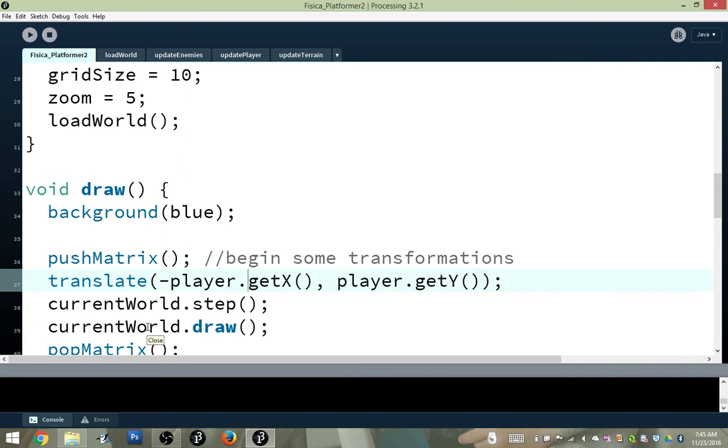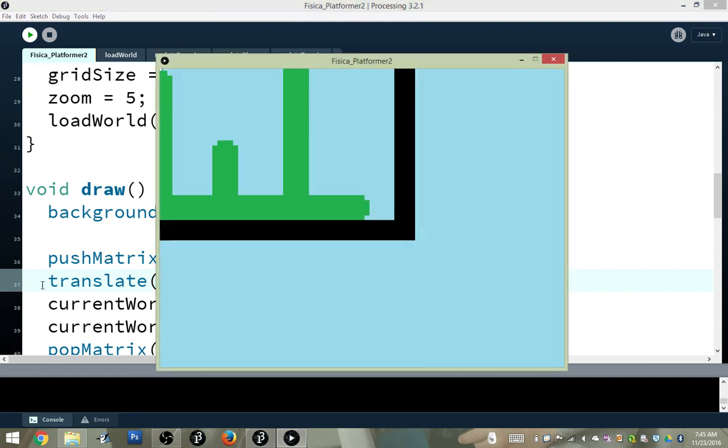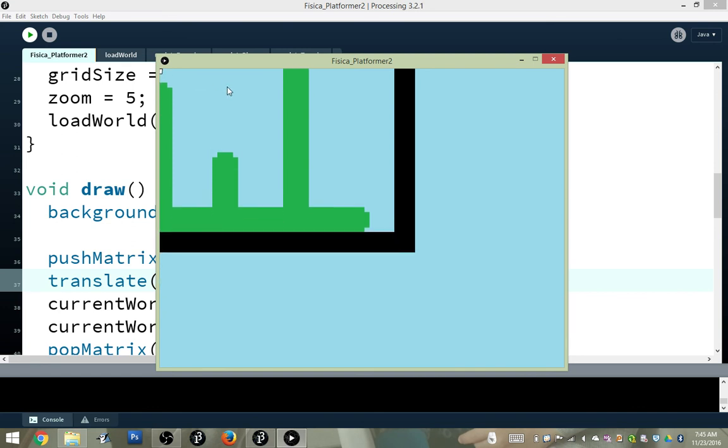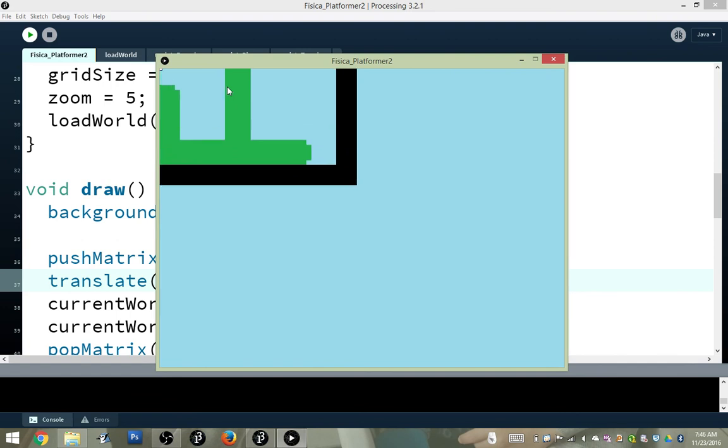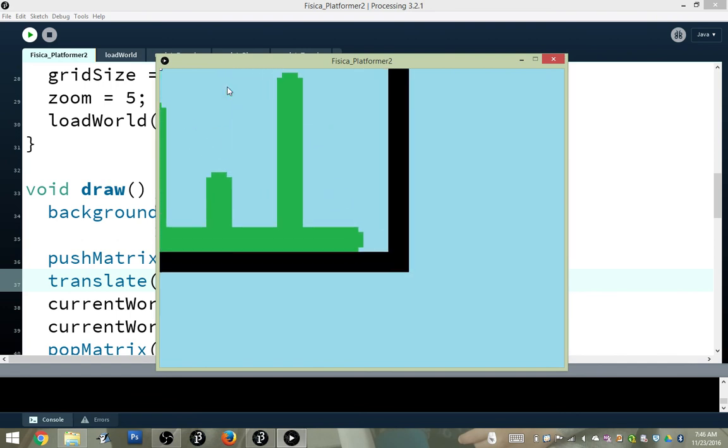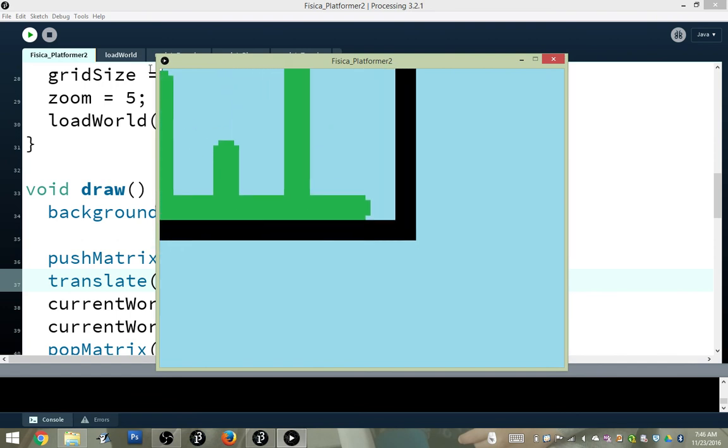So we're going to say minus player.getX and minus player.getY, and that'll actually make things work a little bit better. Here's our character. Whoa! Hey, look, our character is now at the top left-hand corner. That's where the origin normally is, and now that's linked to the player. Woohoo! I've never played a platformer game where this looks like this, however, so we gotta obviously get that point